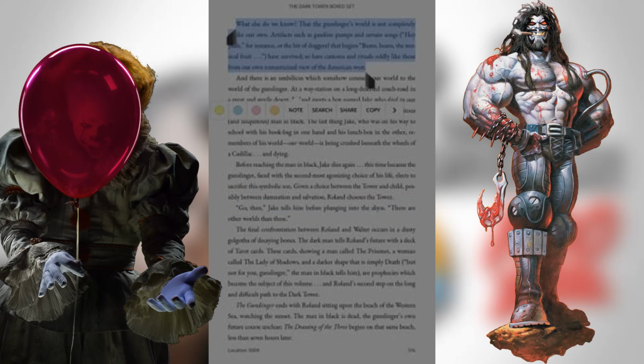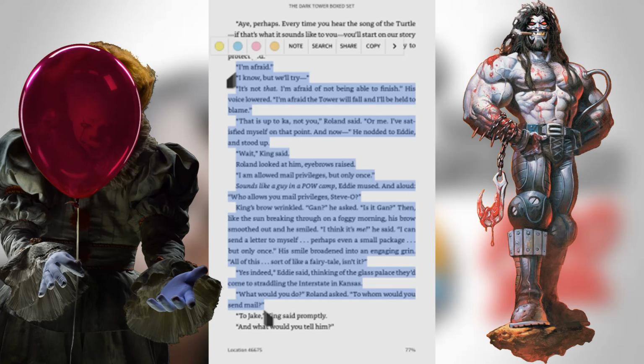So this is best explored in an exchange that takes place between two characters in the King verse, the gunslinger and the man in black. The man in black is almost like a demonic figure, so to speak, and the gunslinger, his main purpose is to complete his quest, chase him across, defeat him, right? Well, at one point in their exchange, the power of the cosmology of their verse comes into question. And when this happens, the man in black says, look, I don't even like having conversations like this with people because they don't understand. And the gunslinger's like, I'm big brained. What don't I understand, homeboy? And he said, look,